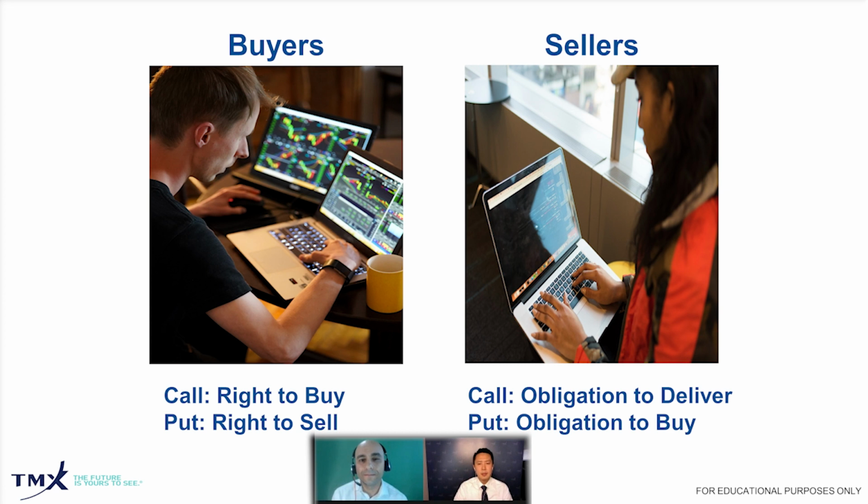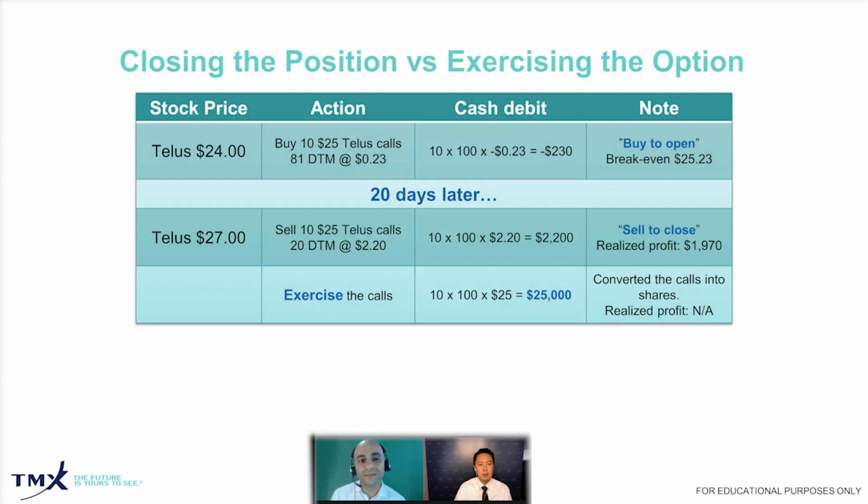Okay, let's take a look at that question and let's dissect this. First, take a look at the table that I have on the screen for the audience right here. We're comparing two things. First, let's explain what exercising is. When you exercise an option, this is basically the action where the option holder converts the option into a stock position. To exercise an option, the investor needs to call customer service and speak with a representative to do this.